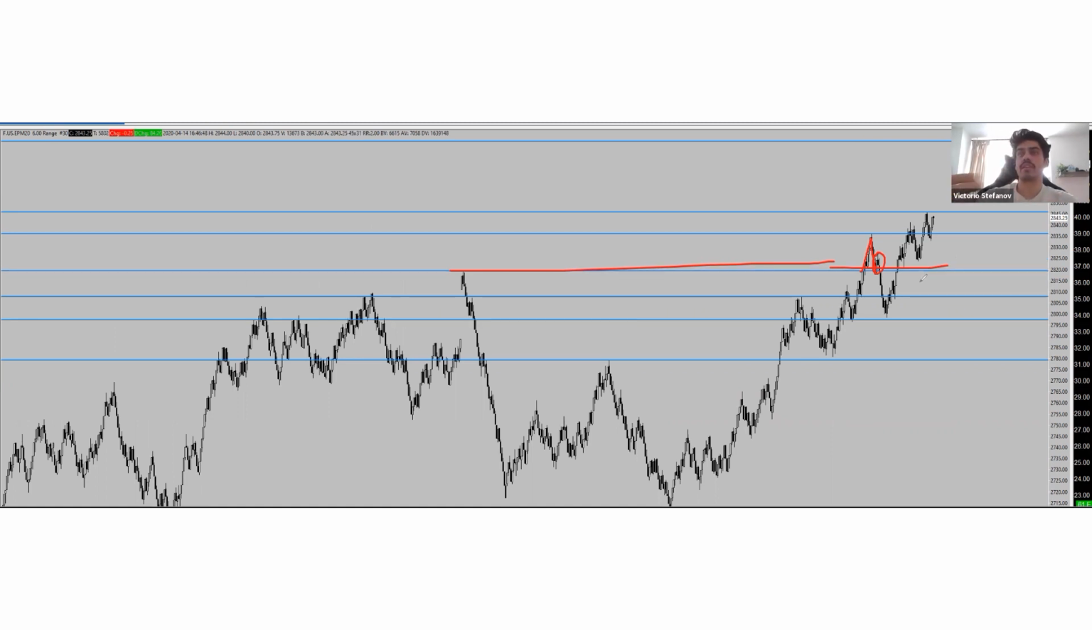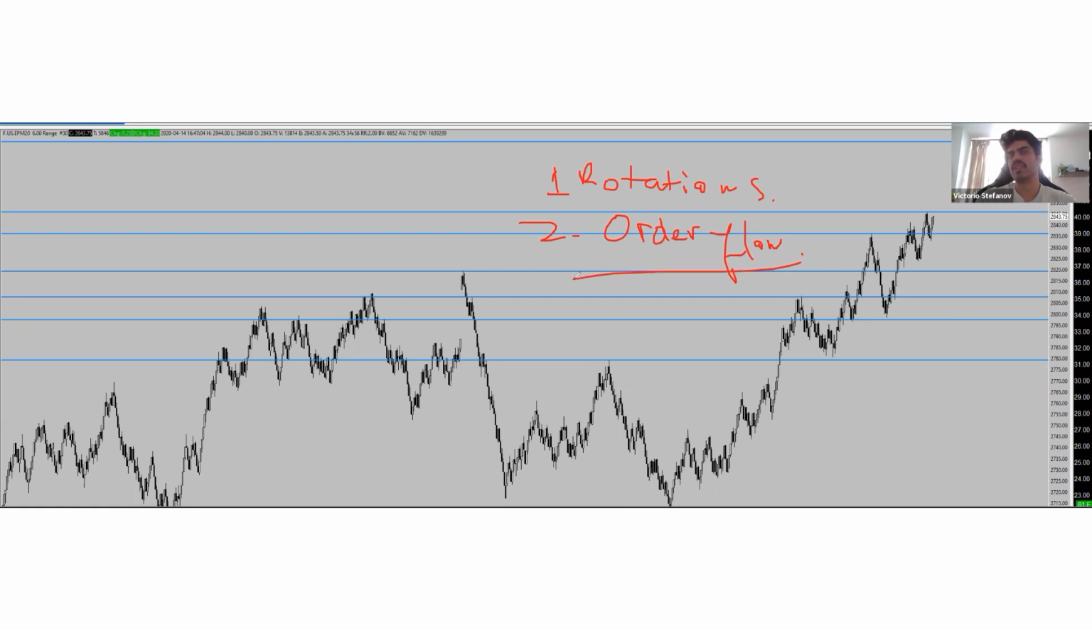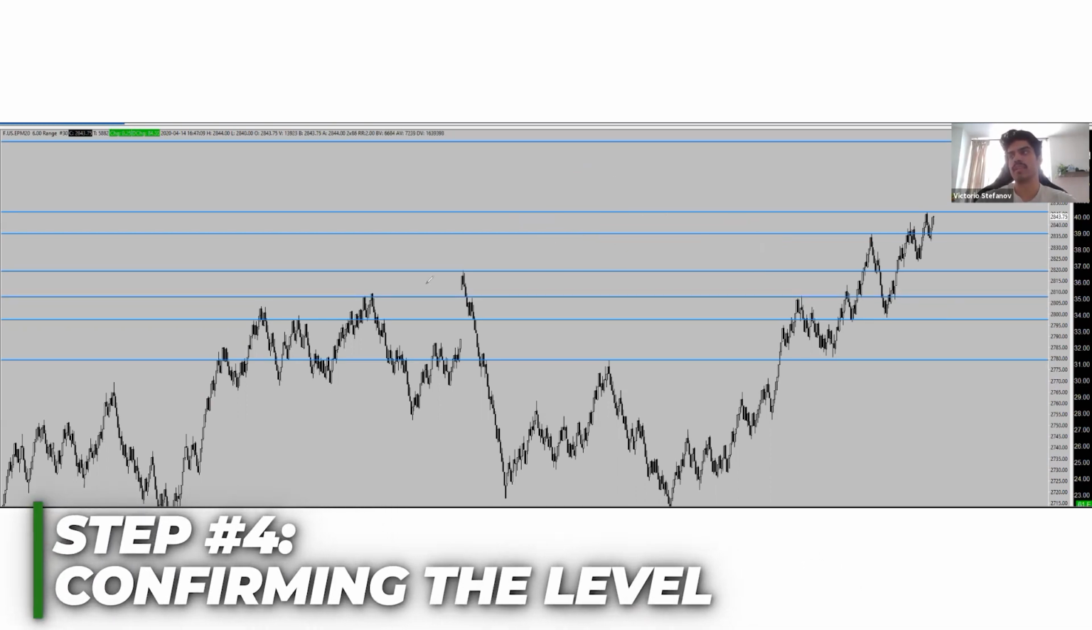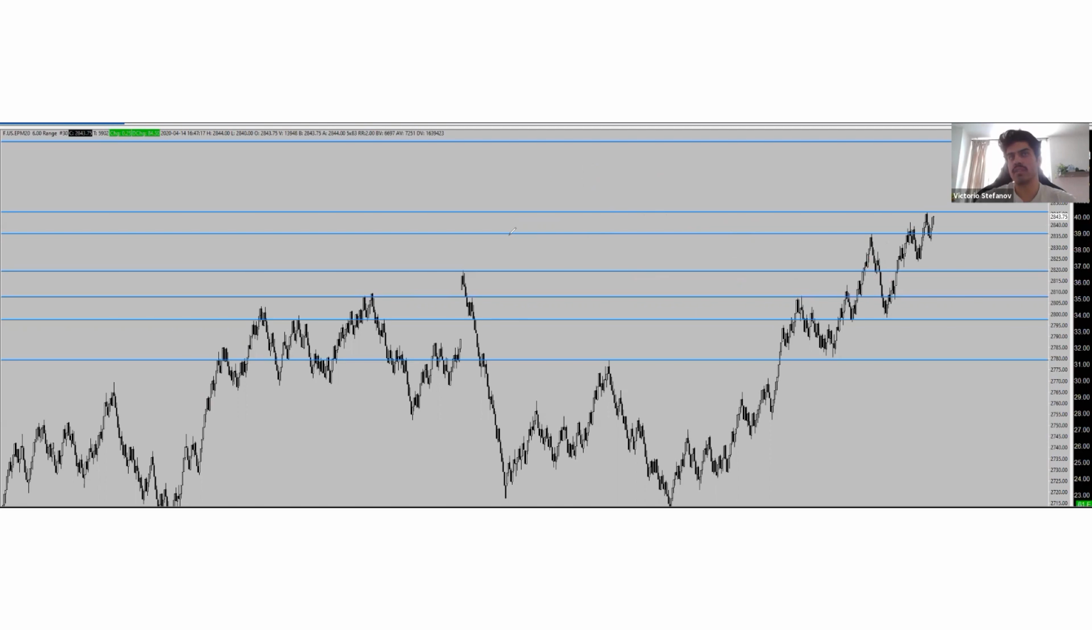So that's step number 4. This is where it gets even more interesting. We wait for confirmations in 2 parts. 1, rotations at that key level. 2, order flow. So using these 2 confirmations in step number 4, we're confirming the level and seeing if it'll hold to the upside structure, right? So we broke through this peak, but we didn't hold the support structure. It's okay, sometimes this doesn't work, right? It's not 100% guaranteed, but we increase the probability by looking for this one way